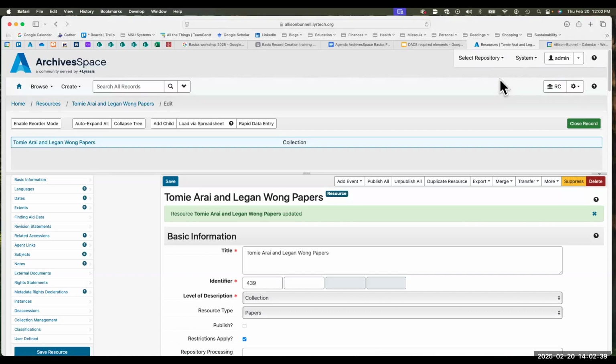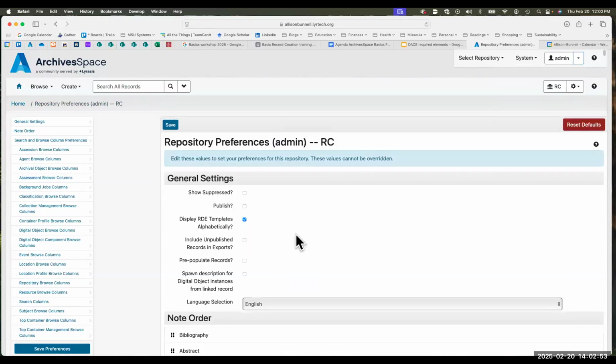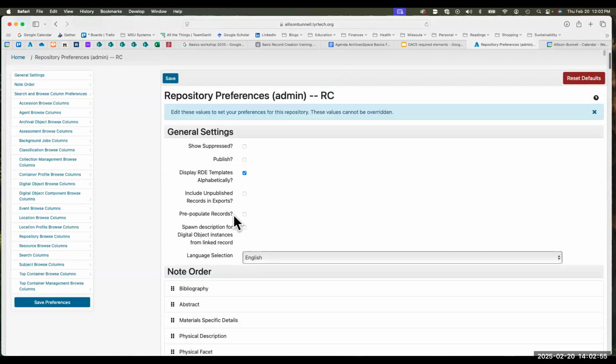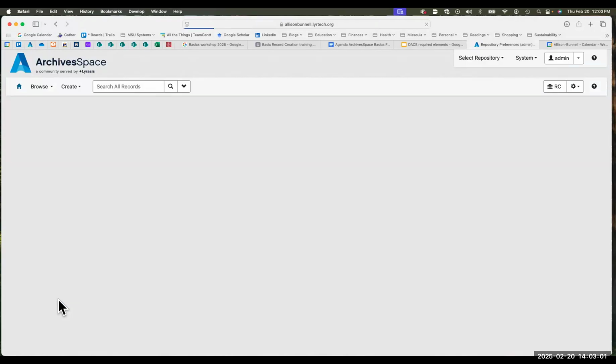This is covered in a lot of detail in recordings and some of the documentation. So this is just one possibility of how you might do this. But if we go to repository preferences and check off pre-populate records, and then save that particular preference,